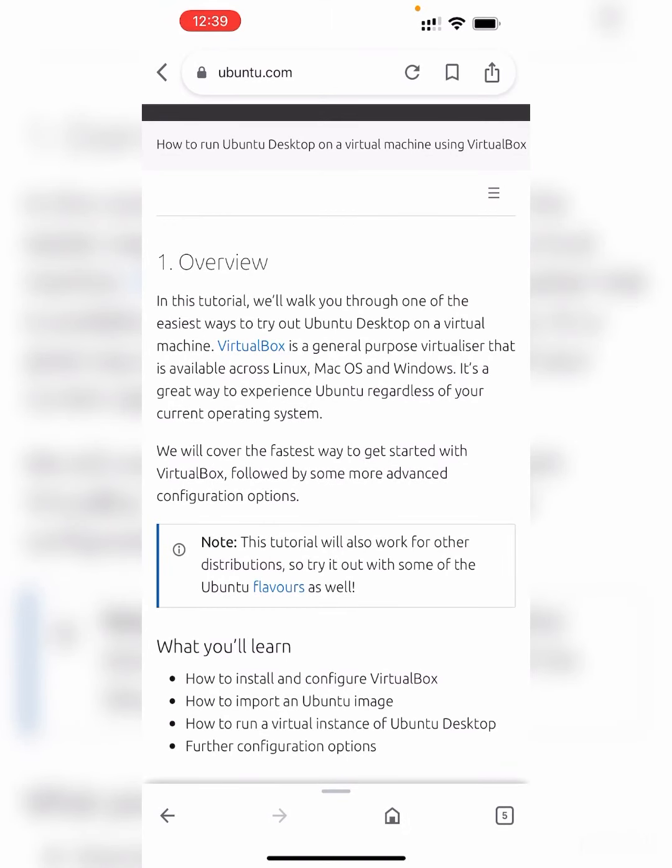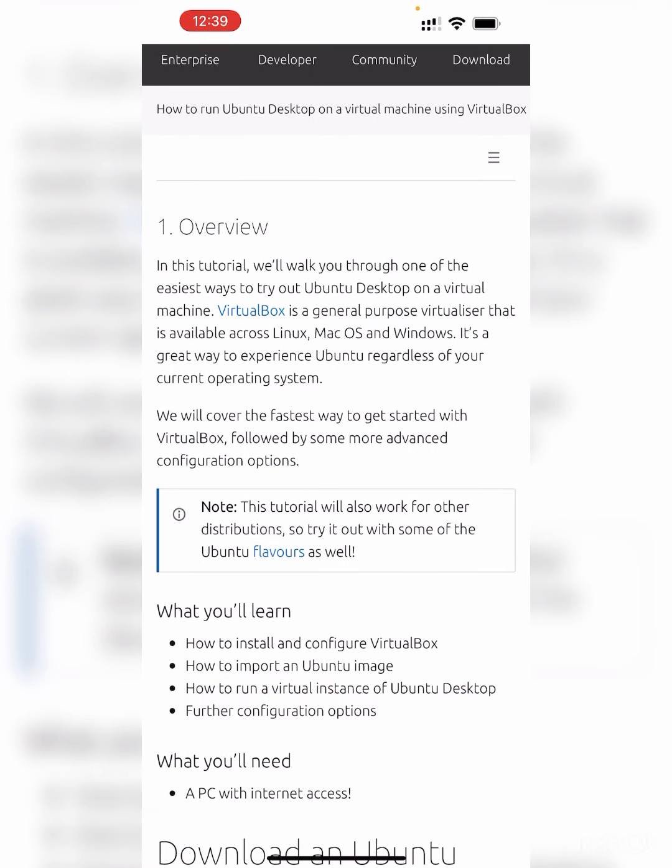Hope you're doing well. Now, my today's topic is how to install Ubuntu on your desktop, Mac OS system. So let's start. Firstly, we take some overview. In this tutorial, we will walk you through one of the easiest ways to try out Ubuntu desktop